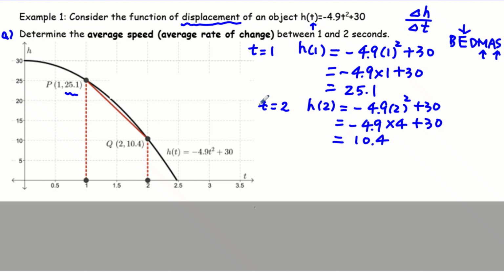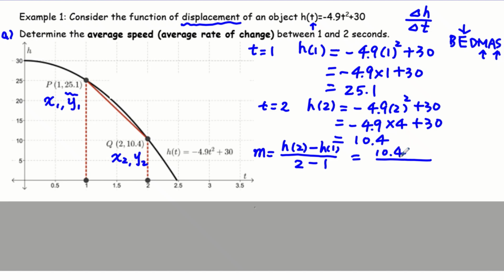This is x, this is y, this is x, this is y. You could think this is x1, y1, this is x2, y2, and the order, you could use this one as x2, y2, this one x1, y1. It doesn't matter. And after that, average rate of change is just finding the slope. So we are going to use the function notation formula h at 2 minus h at 1 over 2 minus 1. The first number in the numerator and the denominator need to be from the same point. So we sub in the numbers